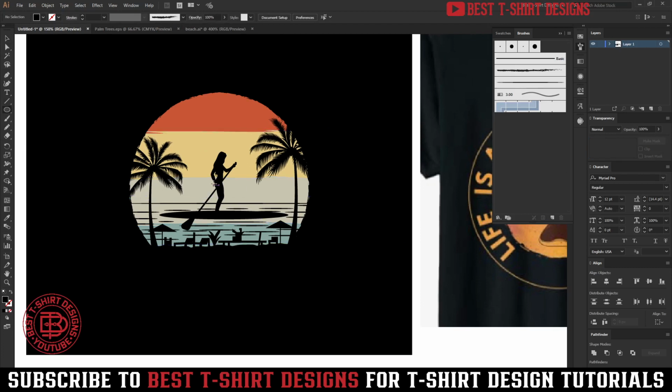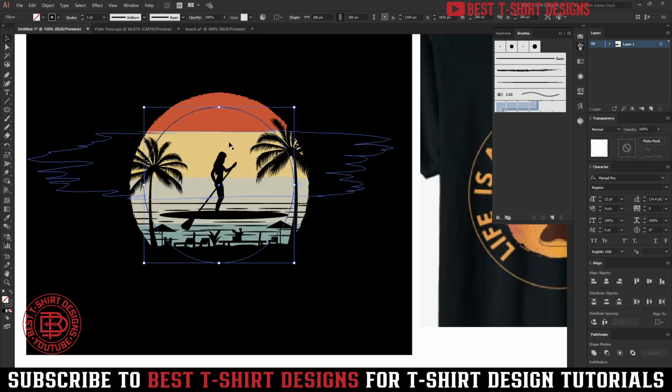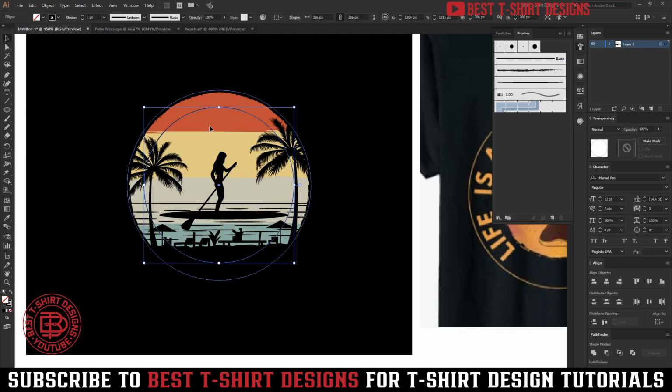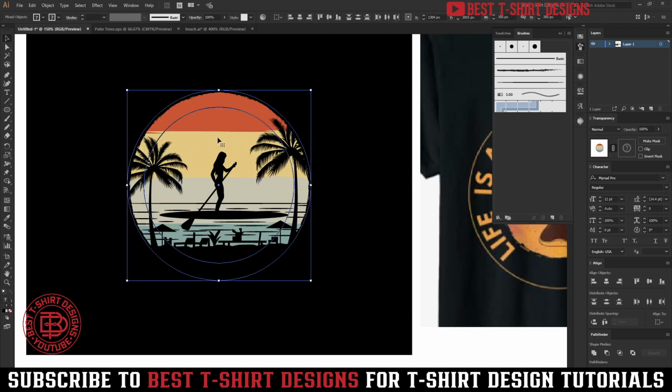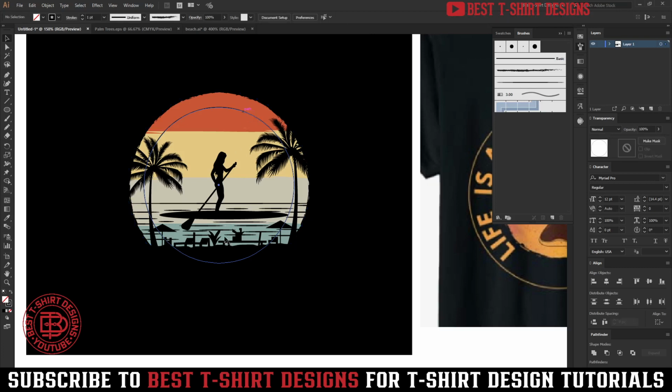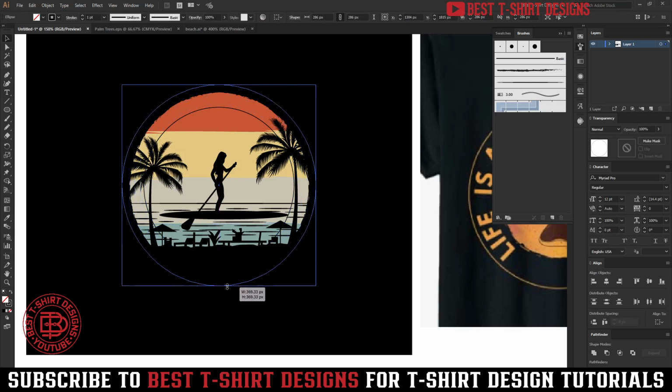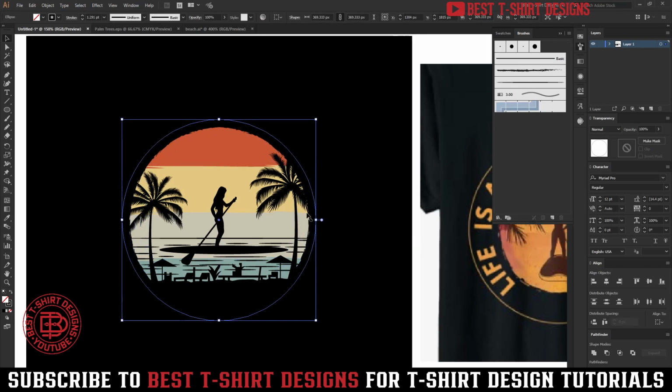So I'm going to take my ellipse again, just create an ellipse, any random ellipse, then press shift to select this one. So this is also an ellipse, and if we click on this one, that will become the key object. Now once that is the key object, I am going to align them in the center. So now this ellipse is in the exact center position, and if I press shift and alt together, I can make it bigger like this. So in this bigger ellipse I am going to place my text,